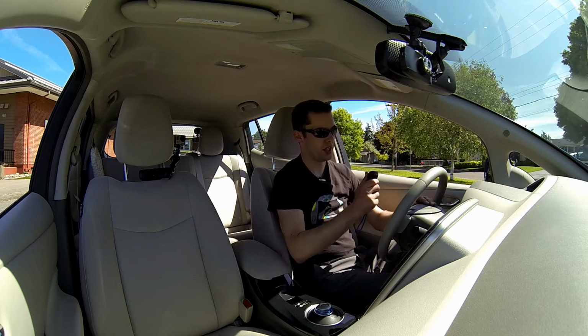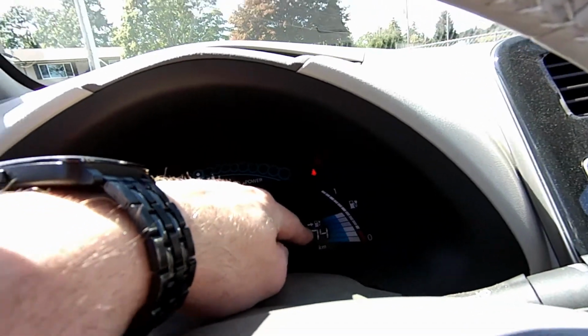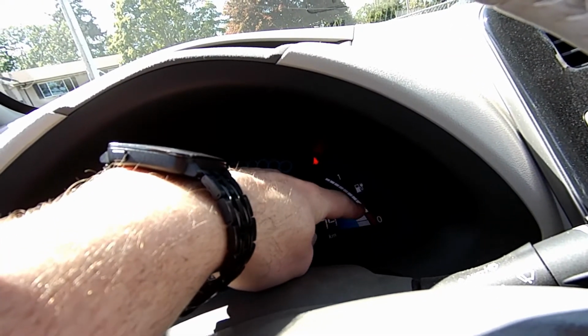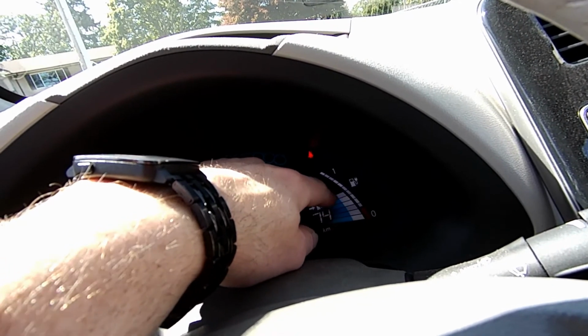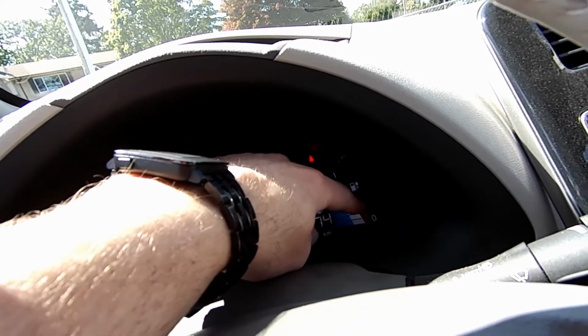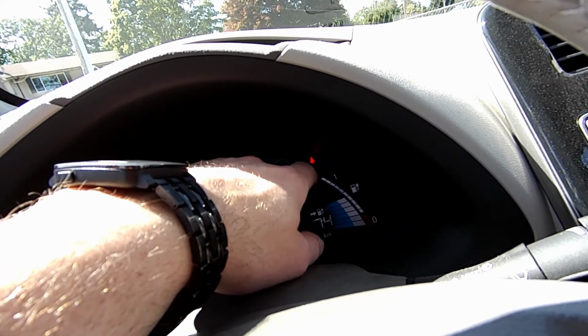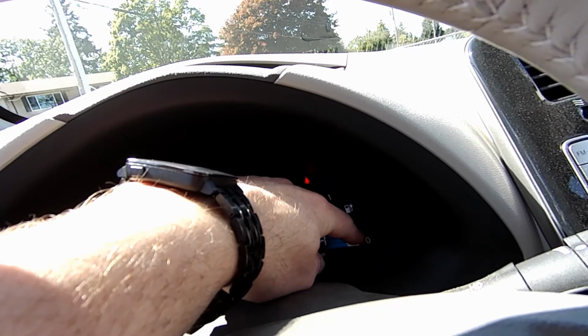So if we look at the dash, you're going to look over here and you see that I have 74 kilometers remaining, and you're going to see all these little bars on the side. These bars here relate to how much charge capacity I have. These outside bars are how much capacity the car had from when it was new. So there's a total